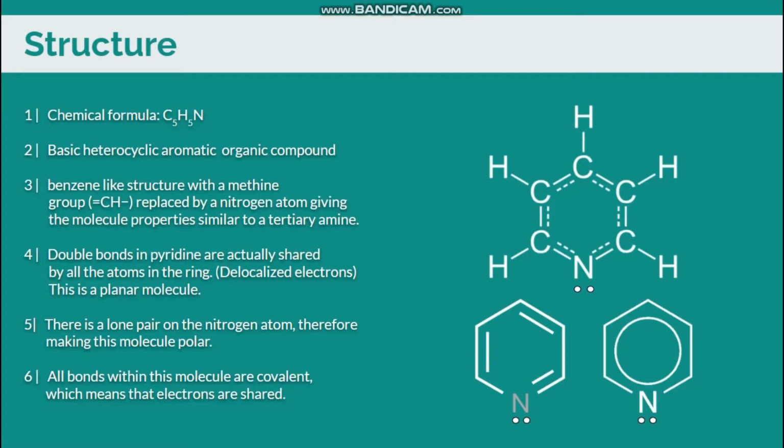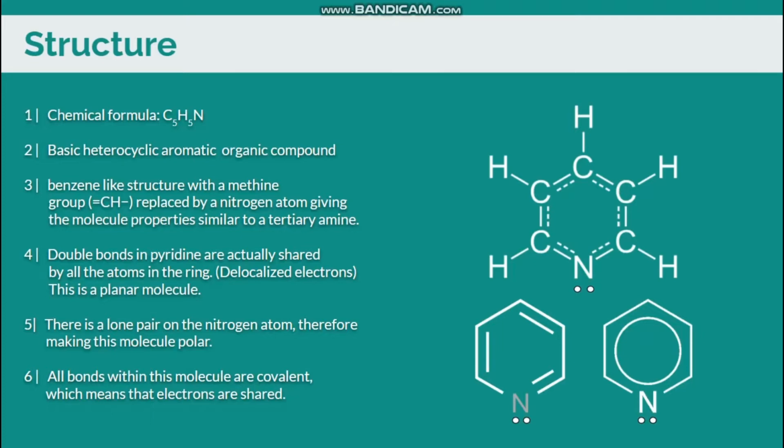The chemical formula of pyridine is C5H5N, and it is a basic heterocyclic aromatic compound. A heterocyclic compound is a cyclic compound that contains atoms of at least two different elements. As you may have noticed, pyridine structure is similar to that of benzene. However, a methine group is now replaced by a nitrogen atom, giving this molecule properties similar to those of a